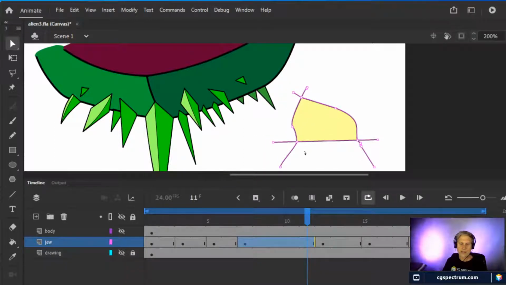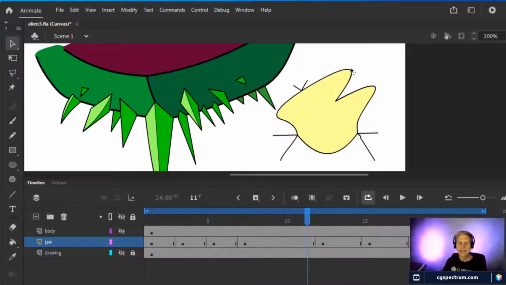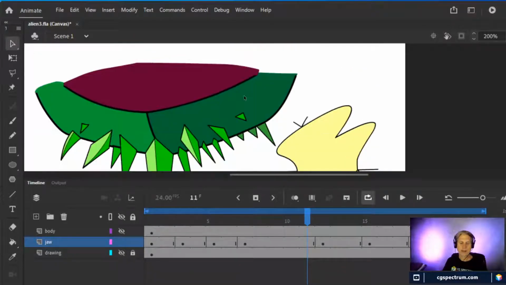You can see it's not wanting me to already. Well, let me choose the actual proper tool. Yeah, come on. You can do it. There we go. Choose the selection tool. Well, it's working now. So you can still mess with it, but I don't advise doing that. But that's how I ended up making the mouth shape a little bit wider.